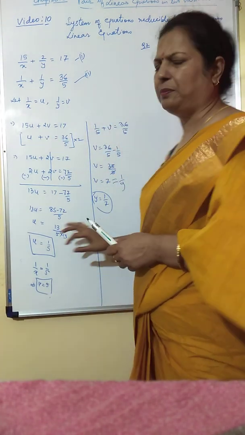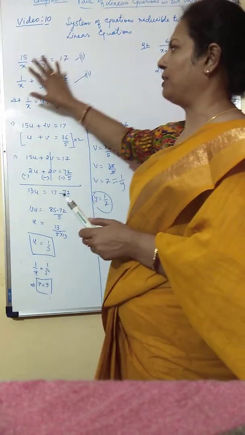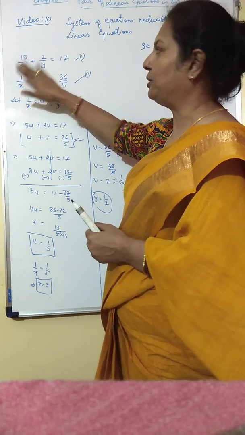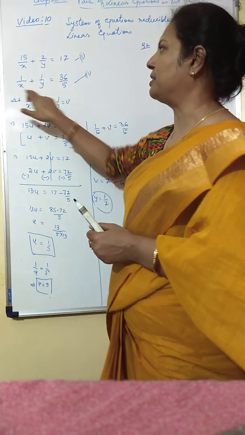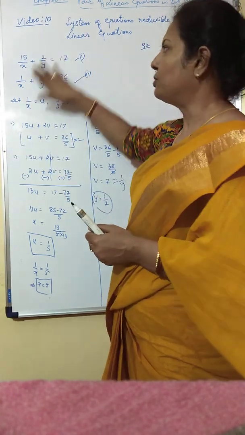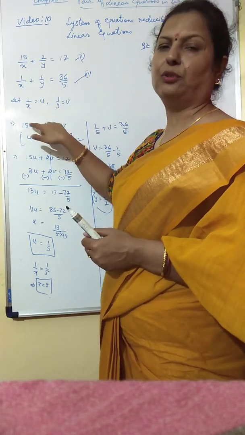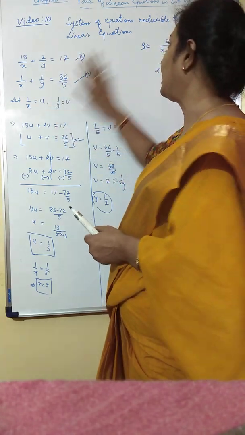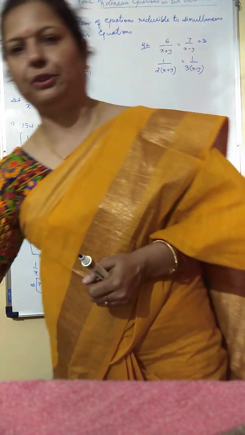So the entire objective basically was to make you understand how to reduce the equation to linear form. Because you do not always get the variables in this form, there are different forms in which the variables will come in the denominator. So this was the most fundamental, the most general form. So I started my discussion with this, then I go to a little more complicated one, you check out for yourself.